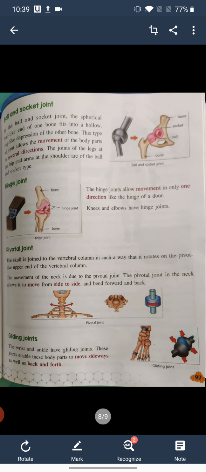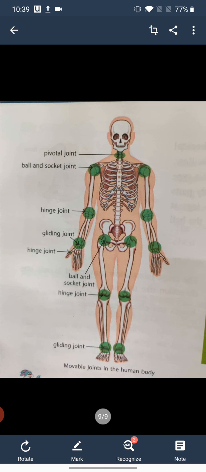Now see in this diagram, as you are able to see, all these four kinds of joints are there, where hinge joints are present, where gliding joints and ball and socket joints are present, and due to these joints our body moves. You have to draw this diagram in your notebook, and write down each kind of joint and where it is present. So today we have studied what we mean by a joint, how many kinds of joints there are, and how our body shows movement only due to these joints.